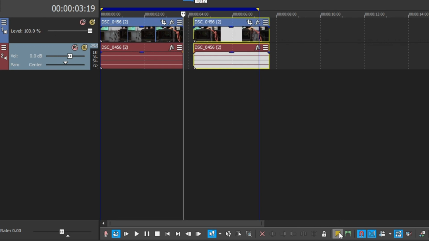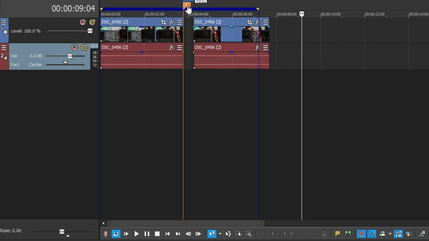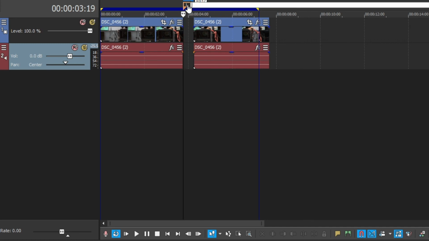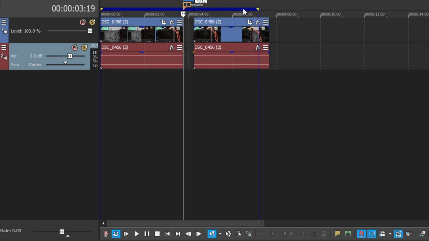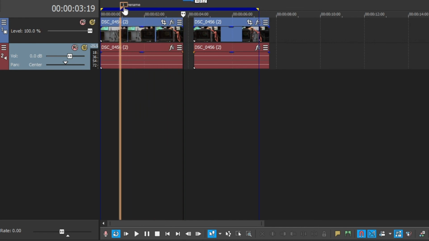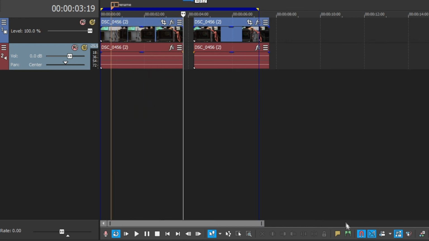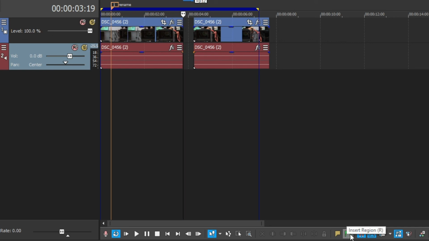The next useful tool is the Insert Marker tool. This is to insert an orange marker that looks quite similar to the timeline cursor, except it marks a specific point on your timeline. You can also rename and label them to whatever you want. The marker will stay in place if you don't move it, but if you want to, you can drag it wherever.